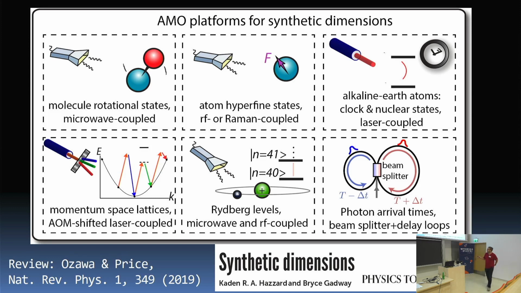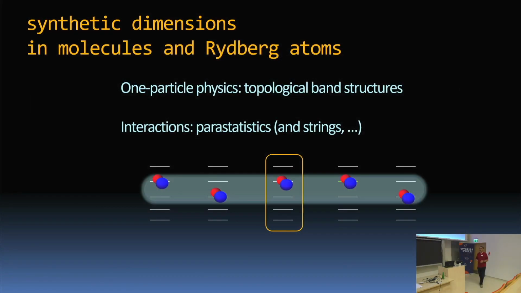One reason I'm putting this up here is that the type of synthetic dimension I'm going to talk about today, with molecules or Rydberg atoms, they're morally equivalent at some level. These didn't even exist when this review article was written. Actually, this review article might be the first place that proposed them, in a sort of throwaway sentence somewhere right in the middle of the paper. So the field's moving rapidly, not just for molecules, but also this general field of synthetic dimensions.